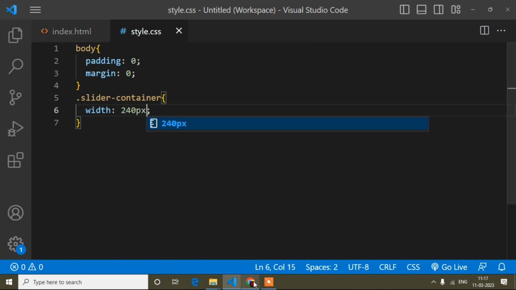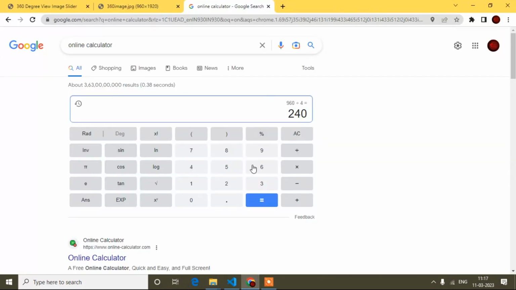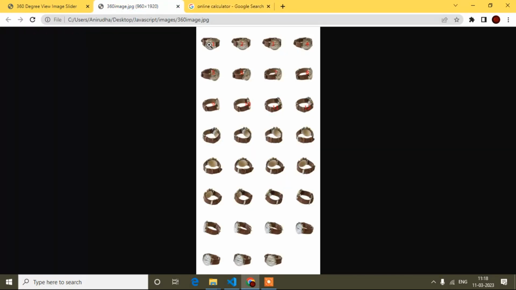Now I will come to the height part. The total image height is 1920. How many images in a row? 1, 2, 3, 4, 5, 6, 7, 8.